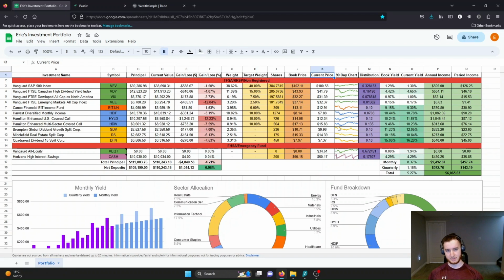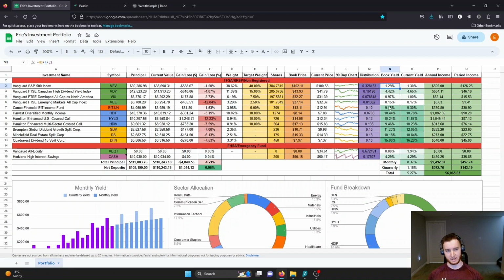And then the current price, which is just using the Google Finance operator, it concats the exchange symbol here, the Toronto Stock Exchange, TSE, colon, and then the symbol from this column here, and then displays it right in this row. And then I have my 90-day chart of the historical price, distributions, and then using the distribution and